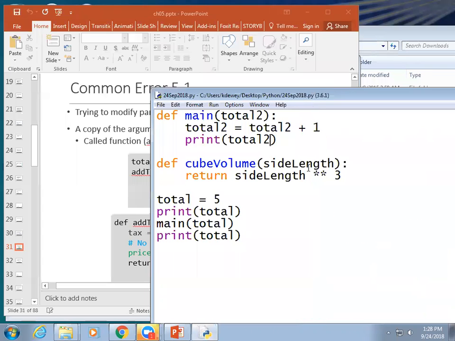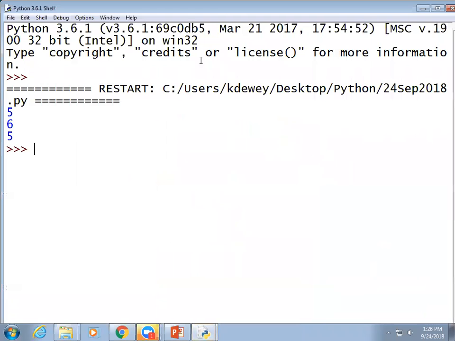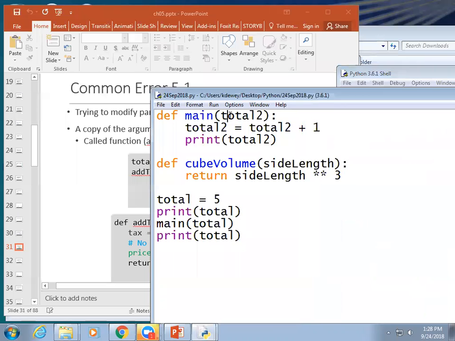Close this window out. Let me see if I can see it. So it's a totally different variable. This right here is an argument for main. It says, I'm receiving a new value into this variable. So it's defining total 2 at this point. I could call it total. I could call it total 2. I could call it cat. It doesn't matter. But I'm defining a new variable at that point, and the scope of that variable is local